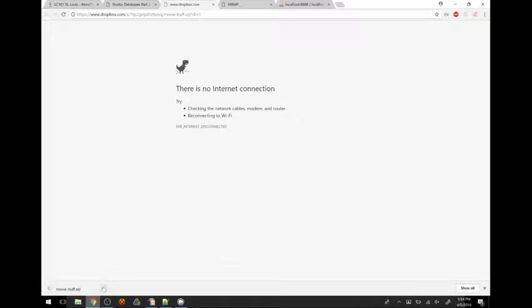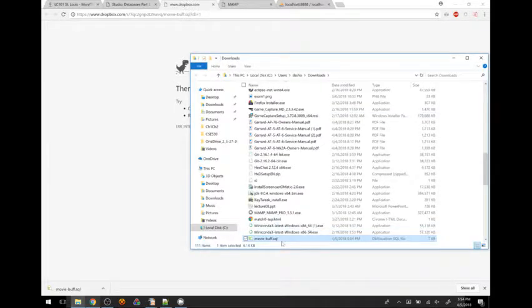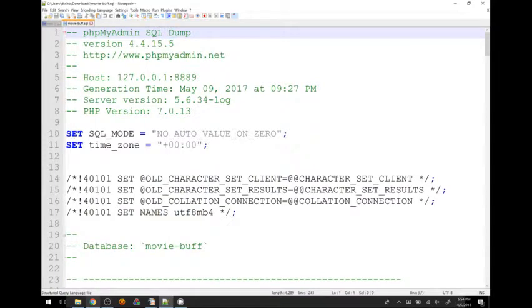In a second, we're going to load this up, but before we do that, I actually want to just take a peek and see what's in this file. Let's peek under the hood. You don't have to do this part if you don't want to, but I'm curious, so I'm going to open it up and see what it says.